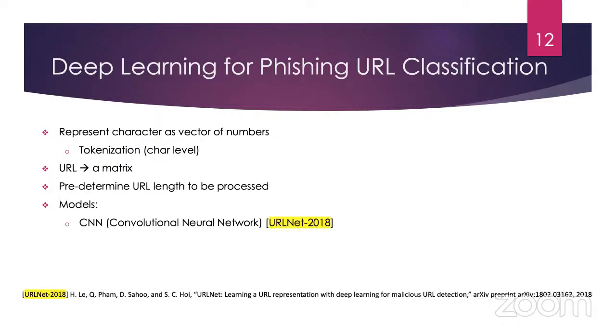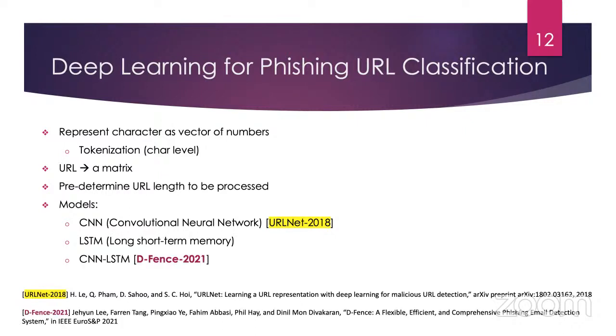And the community has explored a number of models. I think this model in URLNet is quite interesting. They use two CNNs, one for character and another for word, and then combine them to train a supervised binary classifier. Others have used LSTM. In one of our recent works, the focus was not URL-based detection,